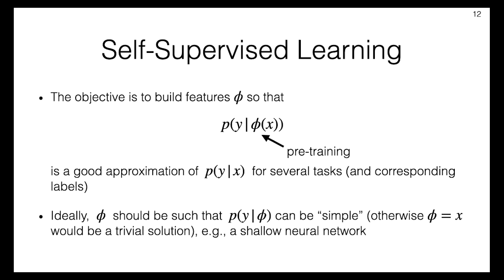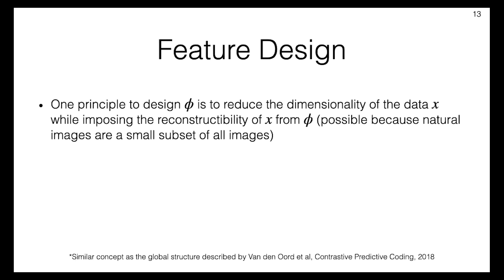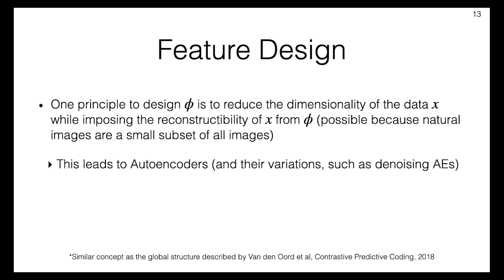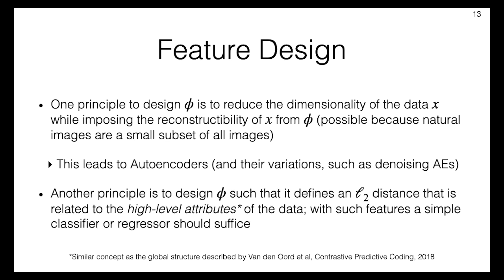However, let's try to define this more precisely. What features do we want to learn through self-supervised learning? One approach is to encode each image to a unique feature while at the same time reducing the data dimensionality. This is the representation obtained with autoencoders. It is also possible to obtain representations with some local invariance, for example through some data transformations by using denoising autoencoders. Features implicitly define a metric between images.